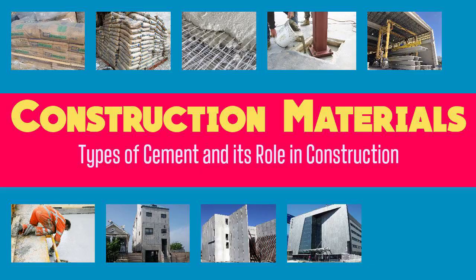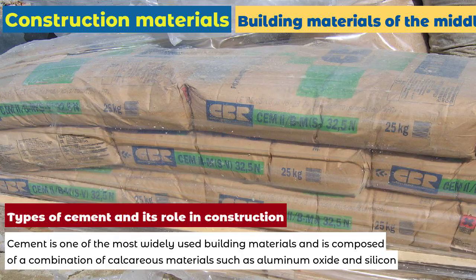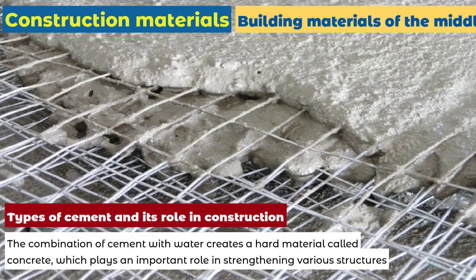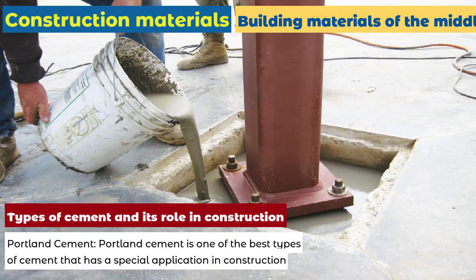Types of cement and its role in construction. Cement is one of the most widely used building materials and is composed of a combination of calcareous materials such as aluminum oxide and silicon. These construction materials are produced in a very soft powder and is provided to the consumer in bulk or in packages. The combination of cement with water creates a hard material called concrete, which plays an important role in strengthening various structures. Portland cement. Portland cement is one of the best types of cement that has a special application in